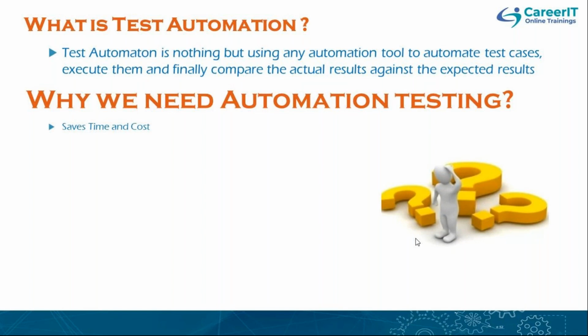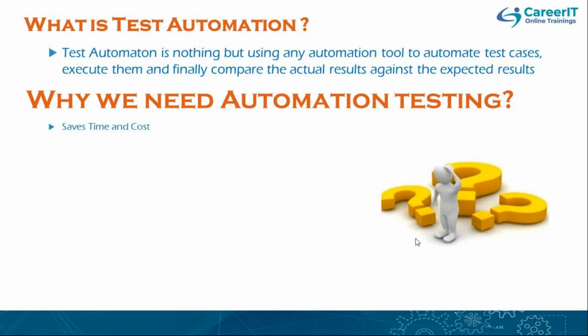First one is, if you have automation testing in your application development or application testing, it will save a lot of time, because in automation testing you can run the test cases on different machines, and also you can run the test cases in parallel. Suppose you have a huge number of test cases which take care of your application stability, then you can run them on different machines at a time, so that it will save a lot of time.